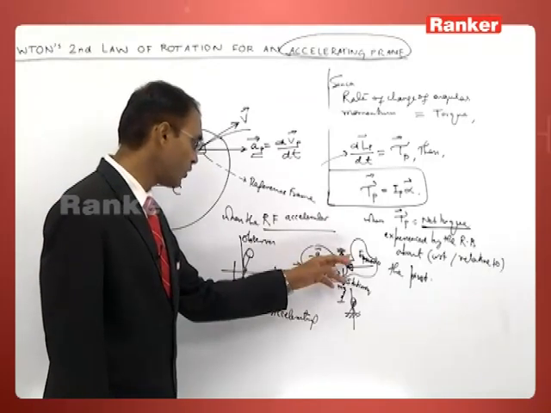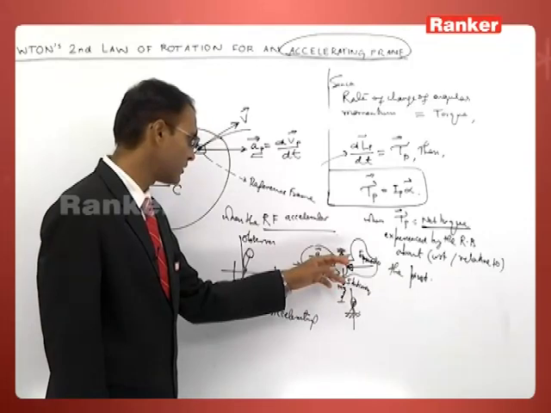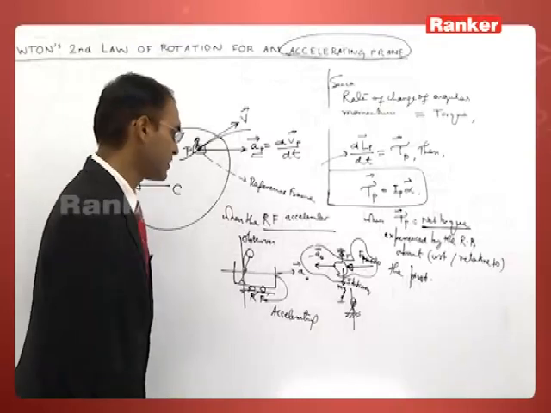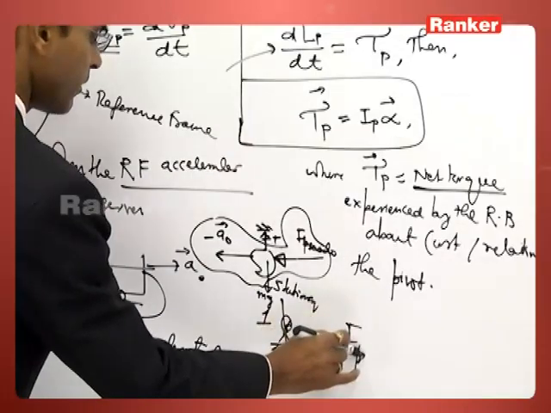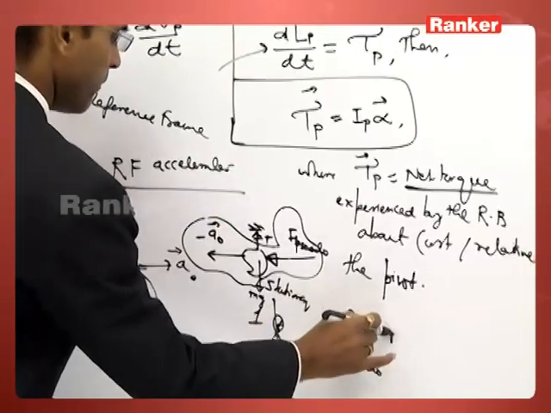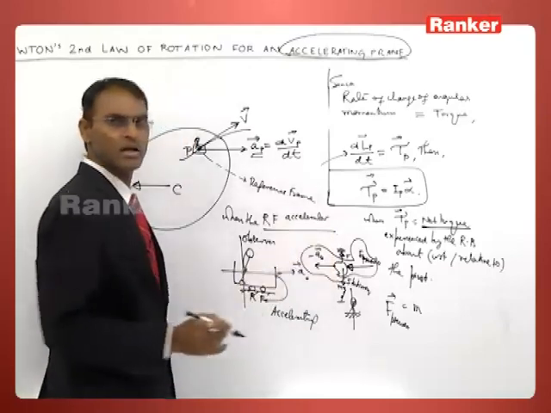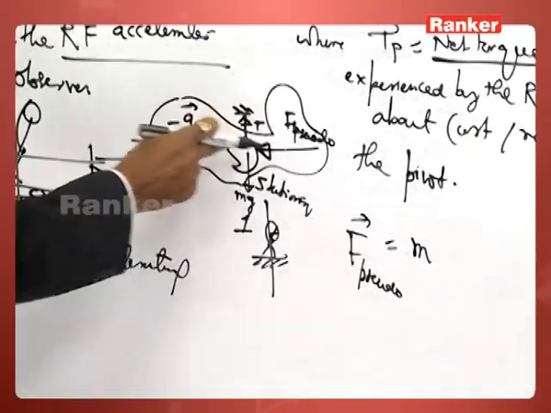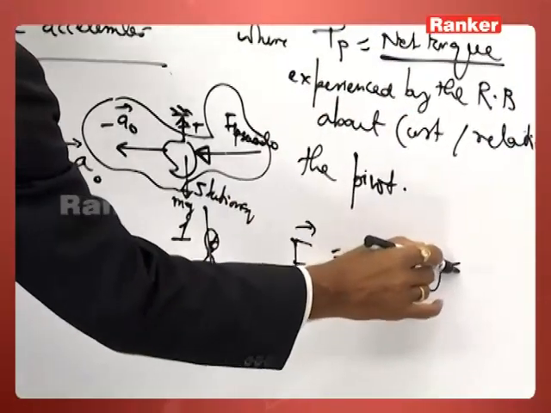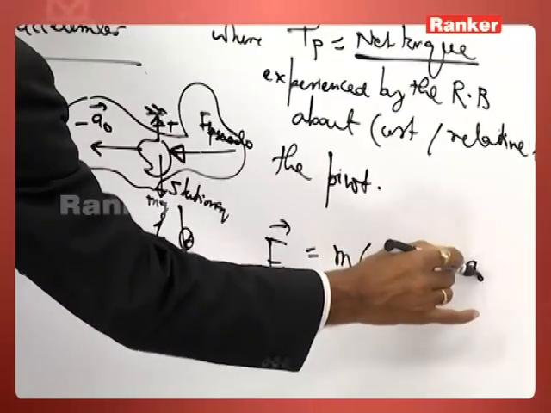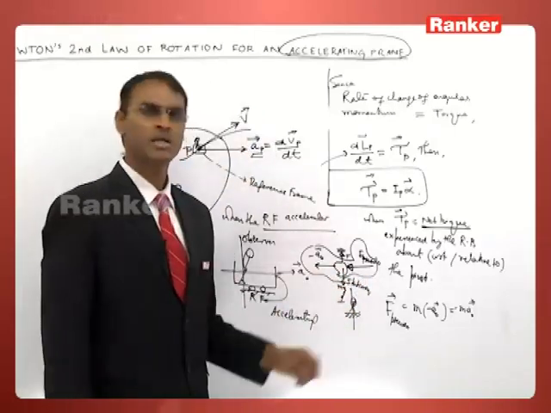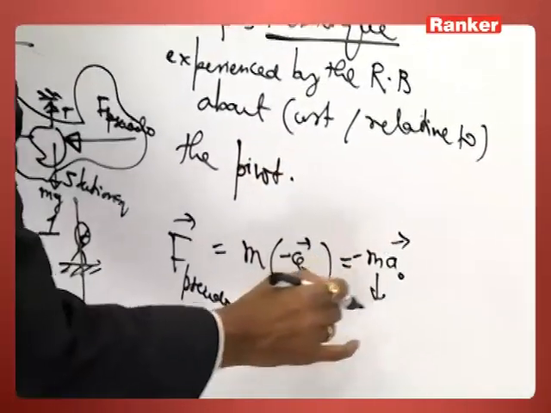Therefore, in addition to the real forces, these are tension and gravity, we have to impose the pseudo force. The pseudo force is equal to the mass of the object times its acceleration with respect to u, that is minus a naught vector, or minus m times a naught vector. So, the pseudo force acting on the object is equal to the mass of the object